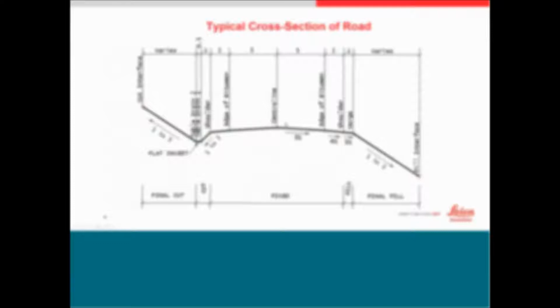Normally this is given in a percentage, either 2% or 3% or whatever, and then you will have a slope beside it for the shoulder or a longer slope. This will normally be given in a ratio of horizontal versus vertical, or vertical versus horizontal,